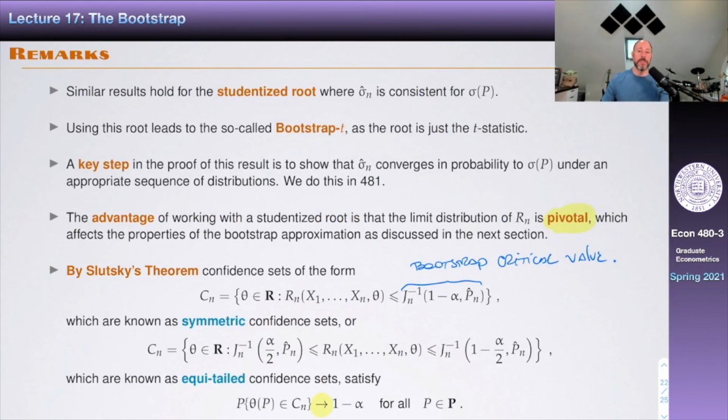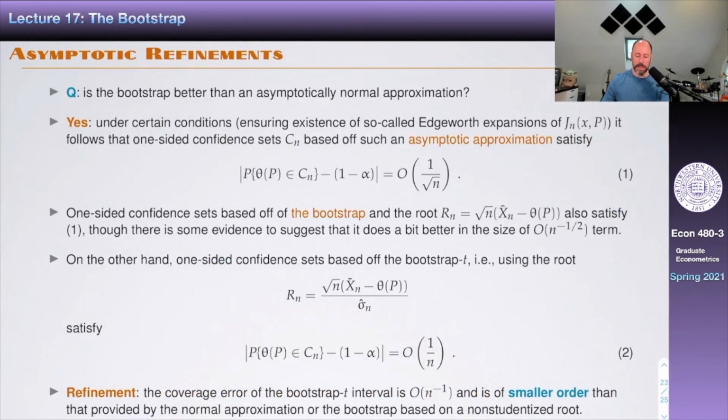There's a reason why people often say that the bootstrap may offer benefits, and it is true, because under some conditions the bootstrap may work better than an asymptotic approximation. So the question is, what does it mean, better? That is called asymptotic refinements. The question I wrote here is: is the bootstrap better than an asymptotically normal approximation in this case? For example, when we're talking about the mean, the answer is yes. Under certain conditions ensuring the existence of the so-called Edgeworth expansion of this distribution, which of course I'm not going to discuss here,